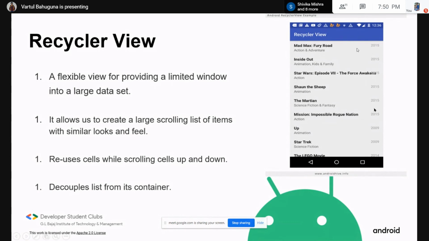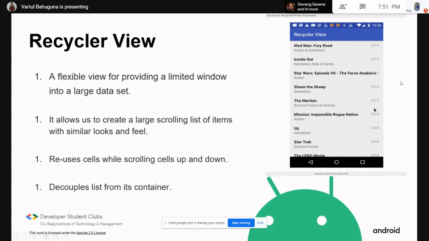So to display this, what you have done is create some view group, a linear view group or a constraint view group. In that view group you added a text view where the name will appear, again a text view where the genre will appear, and then a text view where the year of the release will appear.